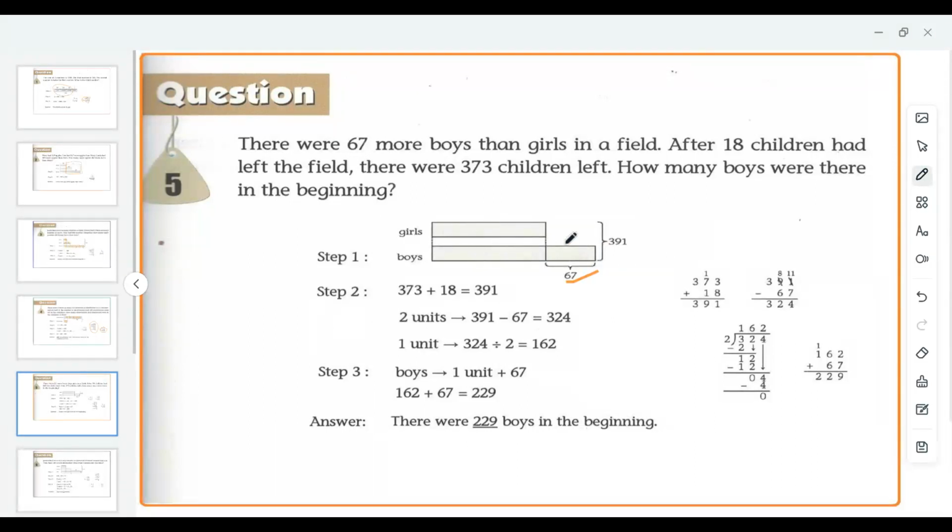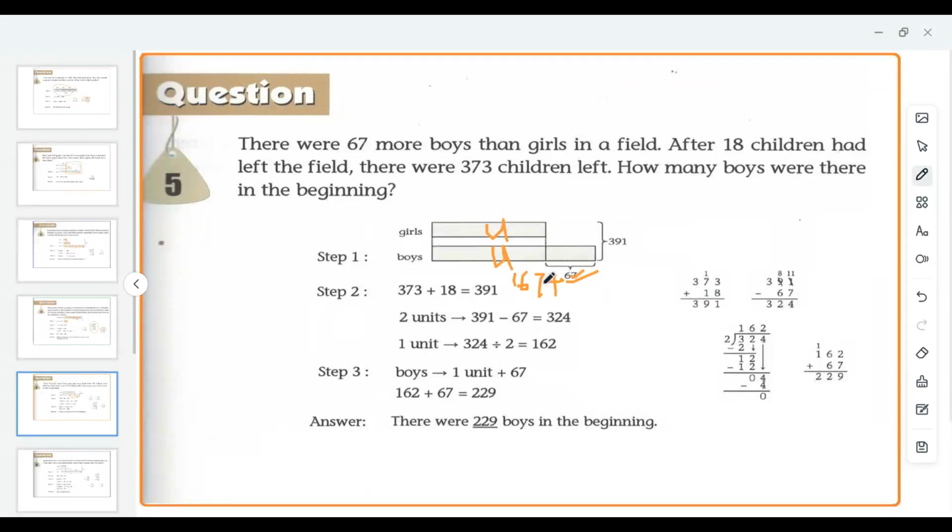67. Then we know this is 2 units are equal. Then 67 is not equal, but these 2 units are equal. So now we can divide by 2. Okay? Worked out from here, 327 divided by 2, we get 162. 162 is 1 unit. Then 1 unit is 162. And the boy has more than girl is